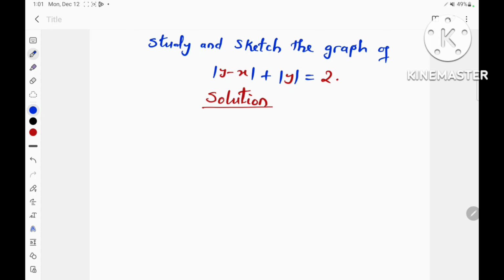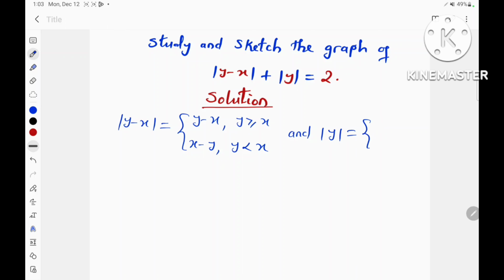Good day, everyone. In this video, we have to study and sketch the graph of the absolute value of y minus x plus the absolute value of y, which is equal to 2. And we are going to start by defining the absolute value of y minus x, which is equal to y minus x if y is greater than or equal to x, or x minus y if y is less than x. We are also going to define the absolute value of y,